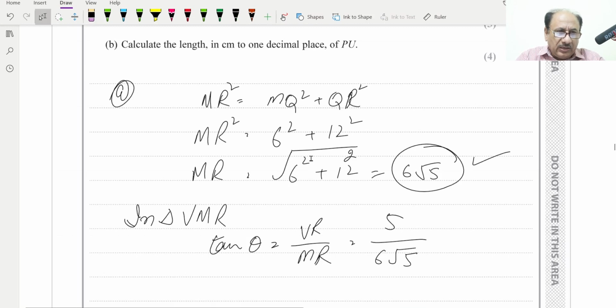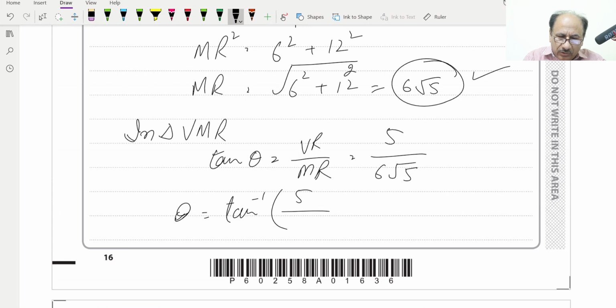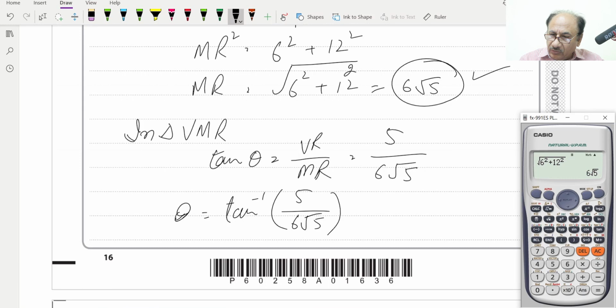And this angle, theta, will be equal to tan inverse of 5 over 6 under root 5, and with the help of calculator we can find shift tan of 5 over 6 root of 5, and this will be closed, and this is equal to